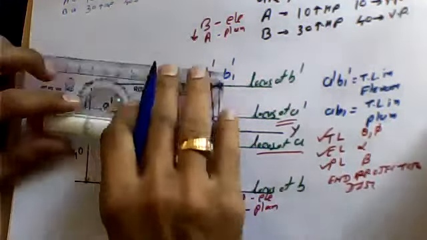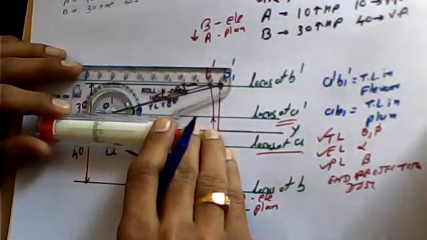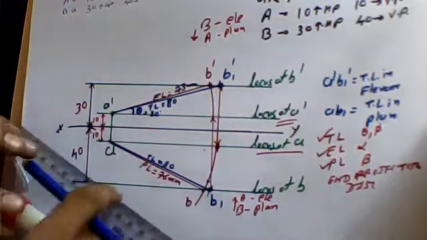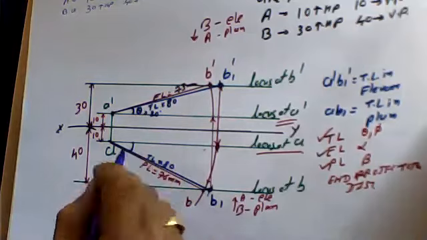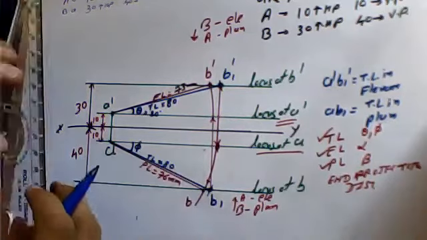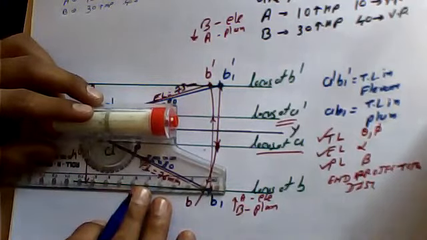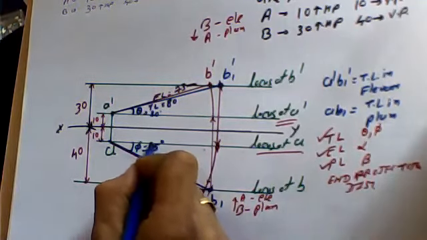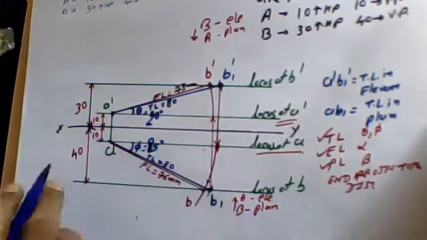And what is the theta in our case? So you need to place an angle protector over here, and you need to identify. That is about 20 degrees. So theta is about 20 degrees. And phi, we need to measure it for the true length in plan. So this is going to be called phi. और phi कितना मिल रहा है? You need to check it with the angle protector. It is about 25 degrees. Phi is about 25 degrees. This one is 20. This one is 25.